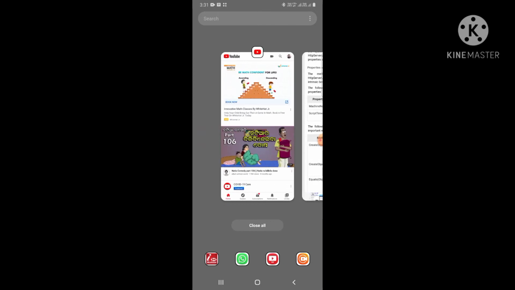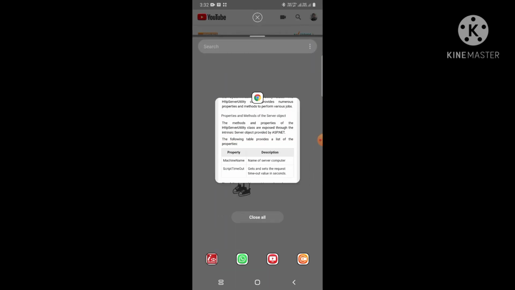Now what I can do, I can click on the YouTube button, what it shows here. There I need to click for getting a pop-up menu. And in that pop-up menu, if you notice, the second option is open in split screen view. So I can click on it to send that application to the top of my mobile.